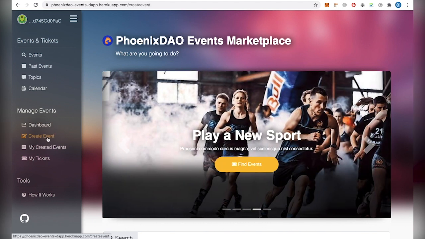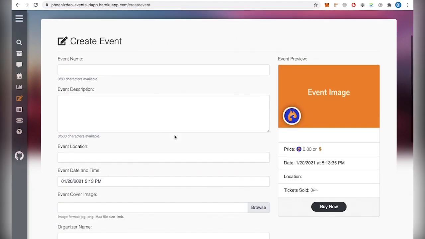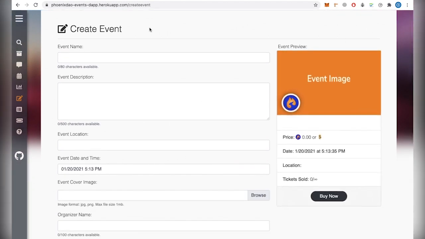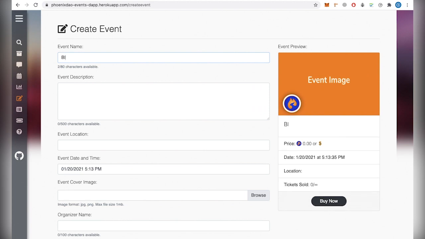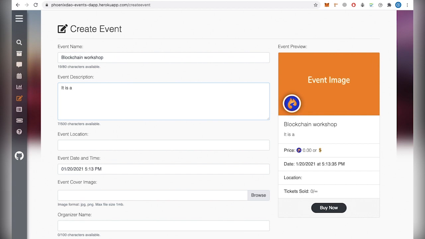Let's move back to create event, and this is a preview of my event. So let's create an event. Let's say blockchain workshop. Now I have to give an event description. It is a blockchain workshop event.